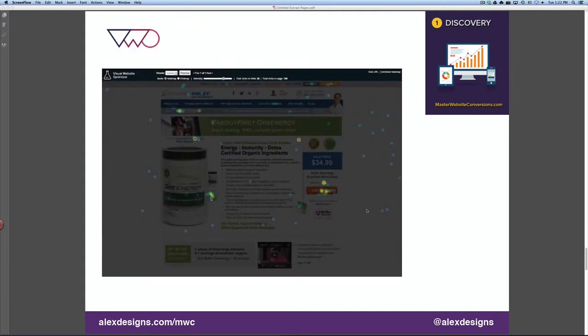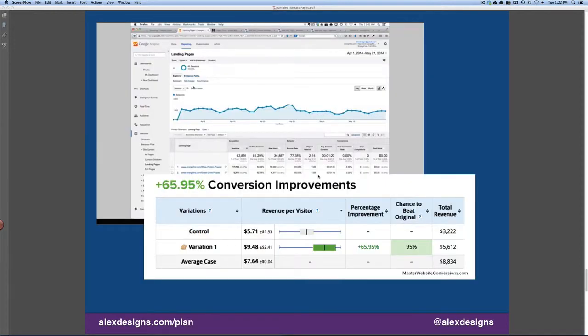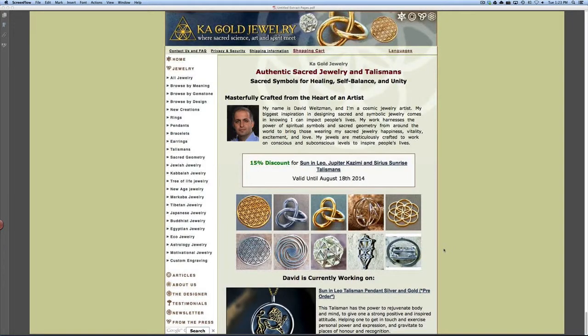We'll also talk about Visual Website Optimizer, how you can use these heat maps to really figure out where to test. That's the key to conversion, not to change your whole site, but figure out where to test and improve your conversion in the areas where people are actually clicking on. So after we review the top landing pages, we'll be able to figure out where to test, how to test, and what buttons to test. Also giving you ideas about headlines as well. On average, our tests improve revenue, percentage, total conversion, and revenue by visitor. So let's get started with reviewing